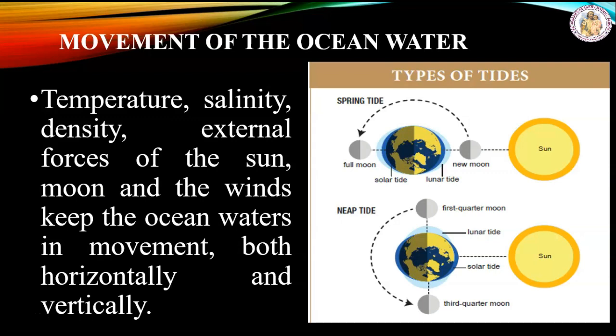The movement of ocean currents from the high latitude, that is temperate and polar zone, towards low latitude, that is tropical zone, is called cold current. Example, Labrador in Atlantic Ocean and Peruvian cold current in South Pacific Ocean.